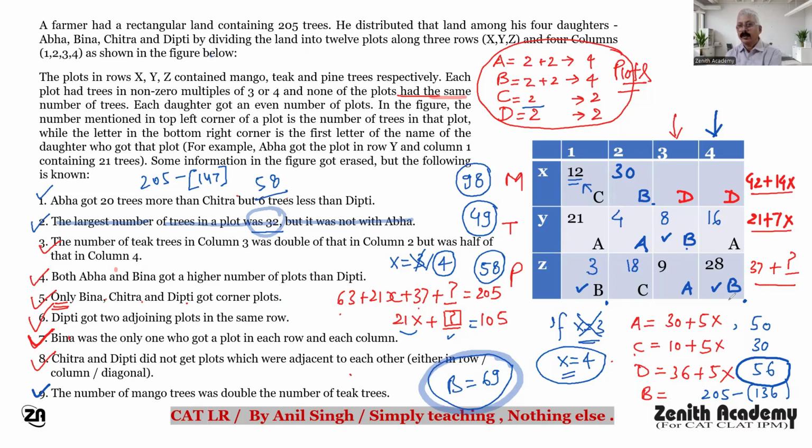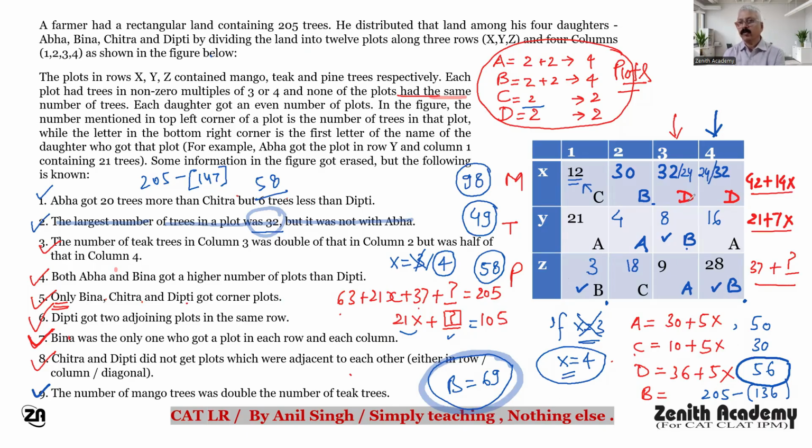Look here, all plots' trees are decided: 12, 30, 21, 4, 8, 16, 20. The same number of trees, I don't see anywhere; 3, 8, 18, 9, 28, 8, 6. Okay, no. This means the biggest, 32, will be here or in this one. Right. If this is 32 and the sum must be 56, then here it must be 24, and if here is 24, then this will be 32. So this way